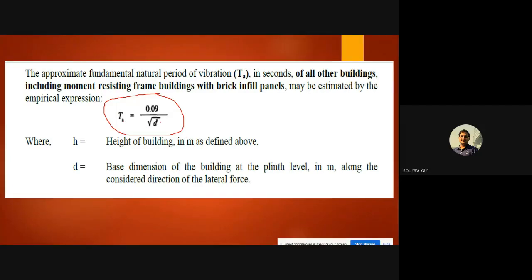Along the x direction, it will be the length along x; along the z direction, it will be the length along z. Everyone please write down this formula in your copy because I want you to calculate: Ta equals 0.09 h divided by root d.